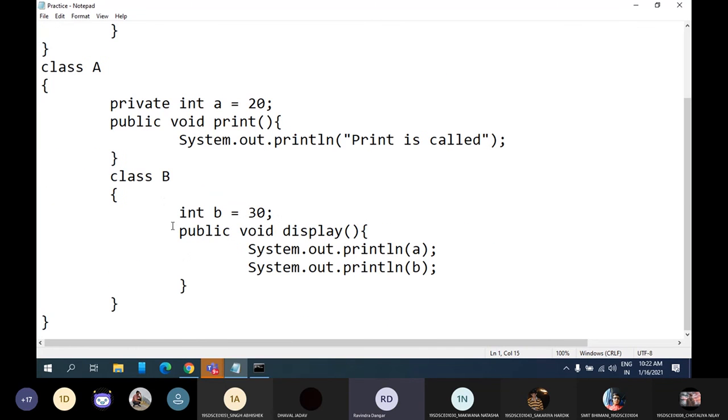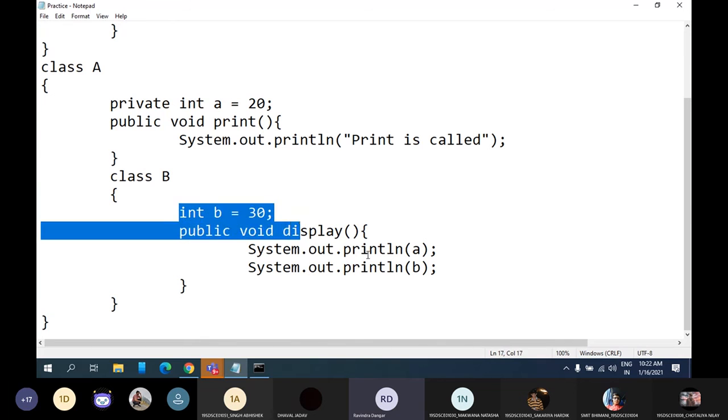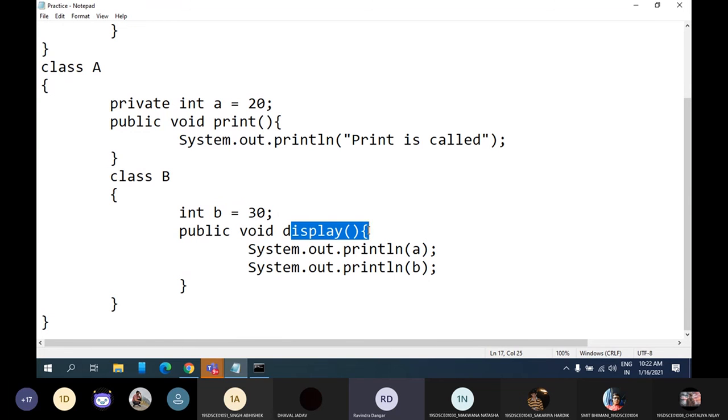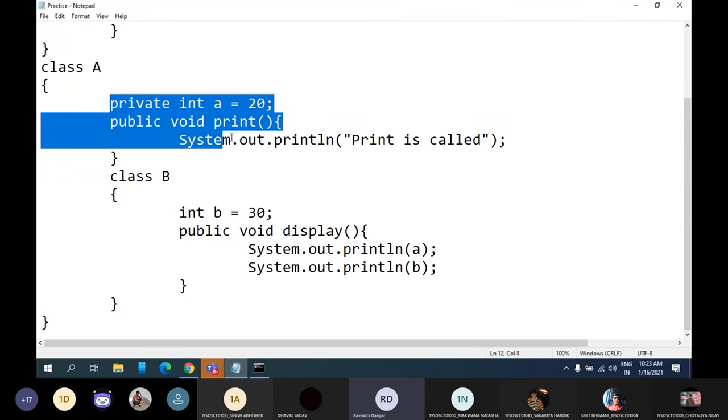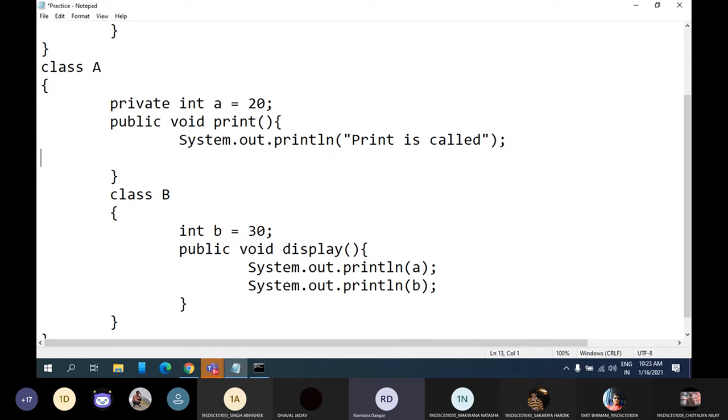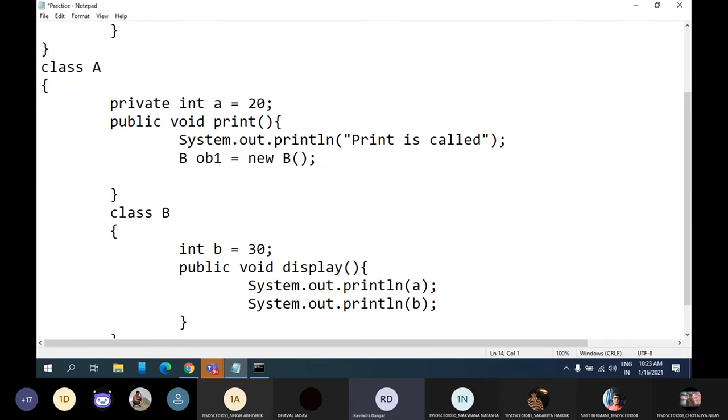Now my question is, I want to access the variable b as well as I want to call this method display, which is defined in the inner class. So now I can have two ways. Either I can access the properties of the inner class from the outer class. So here I can create an object. As soon as I call this method, here only I can create an object like this, B, then let's say ob1 equal to new B. And using that object, you can access all the properties.